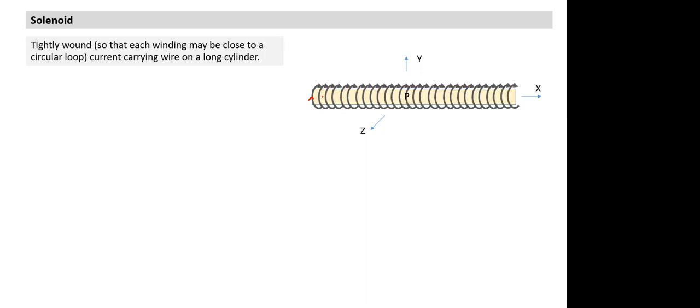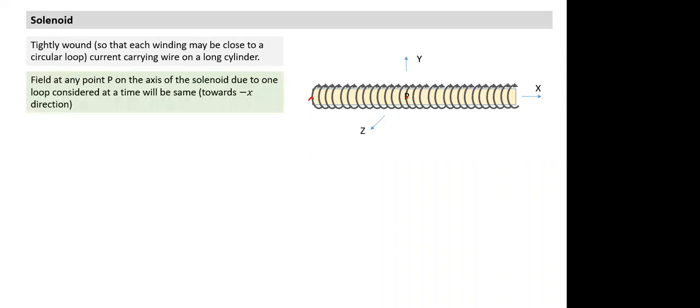So what is a solenoid? If we have a number of windings close to each other, wound on a cylindrical surface, and the length is much larger compared to the radius, it becomes a solenoid. This is how the solenoid looks in 3 dimensions. So what is the axis here? The axis is along the x direction, and y and z are both perpendicular to the axis. Okay. Suppose I have to calculate the field at some point P. Let's see how we proceed. So right now, the field at point P on the axis of the solenoid. This is what I have to calculate.